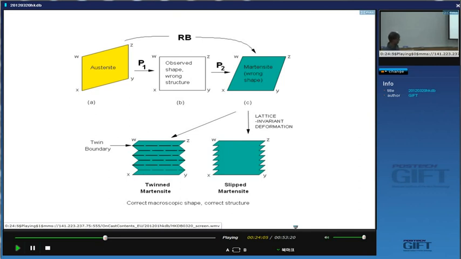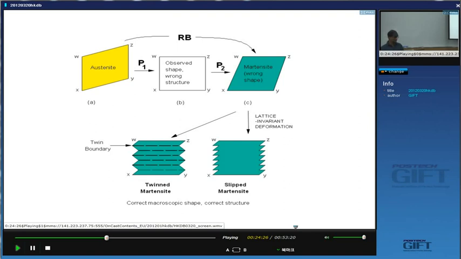And that predicts the observed habit planes. Okay? Do you understand what I just said? That these facets here might be rational facets. Okay? But the average plane here can be anything depending on how much slip or twinning we add to the